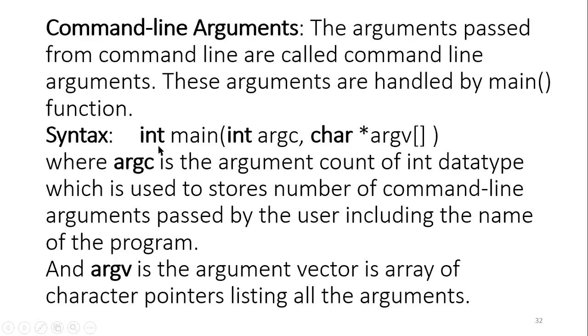Main function return type, here I have written as integer. It will take two arguments. One is argument count. argc means argument count. argv is argument vector. Argument vector is an array of pointers to characters. argc is of integer data type. Here the return type of the main function is integer by default,